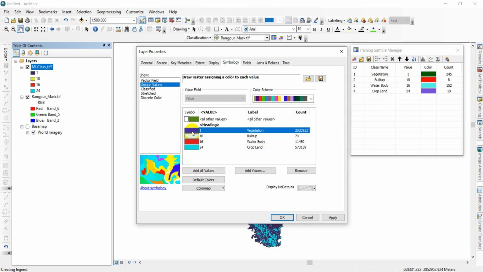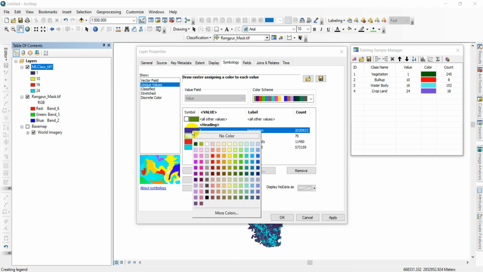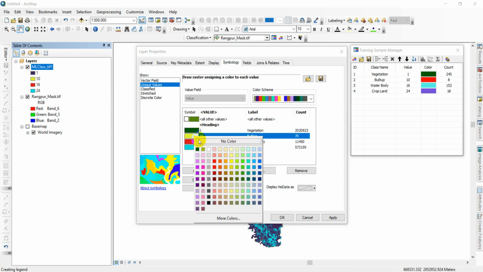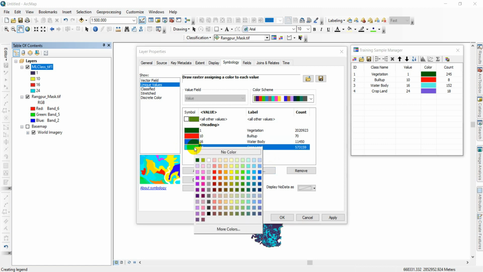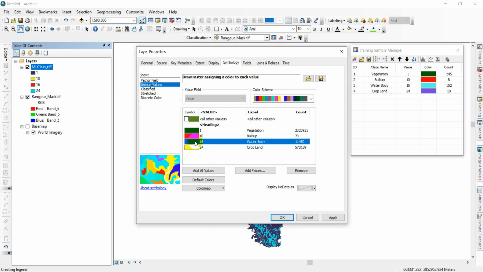You can also assign the color. Click apply.